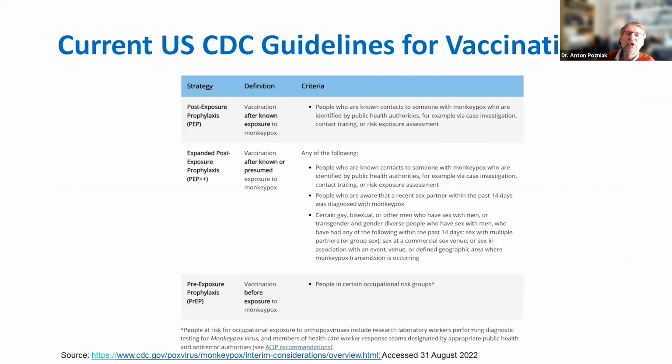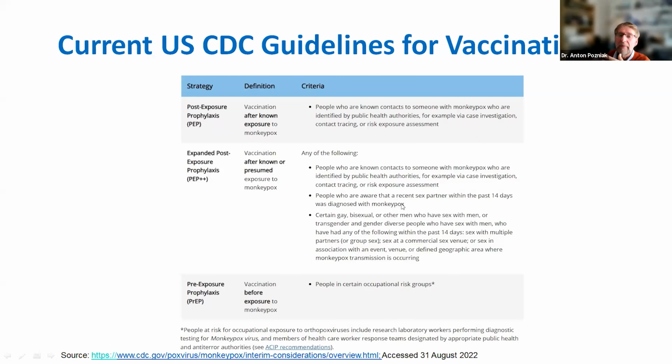So what should you do? Post-exposure prophylaxis, especially if someone has a known exposure. If you can give this within 4 days, some people give it up to 14 days, then you can give the vaccine. They had an expanded use of this for people who are known contacts,